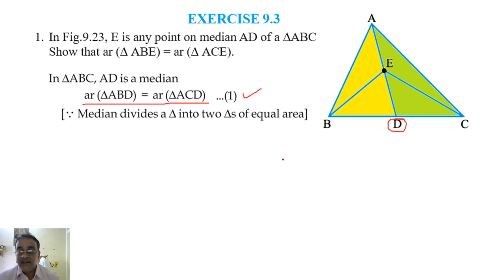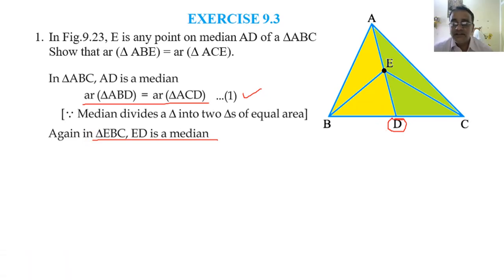अब D midpoint है. So हम लोग ये वाला triangle ले लेते हैं. ध्यान से देखो, triangle EBC, ED इसका median होगा. In triangle EBC, ED is the median. This is clear to all of you? Yes, sir. Because it is connected with the midpoint. See this triangle, the shaded triangle.